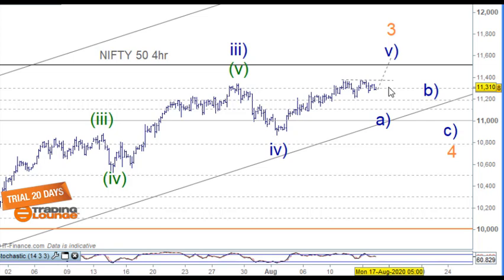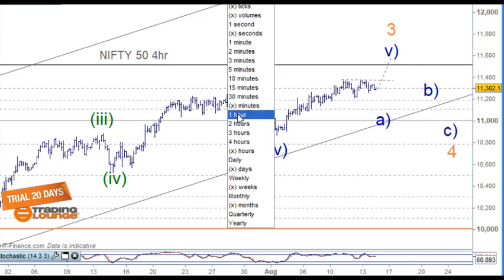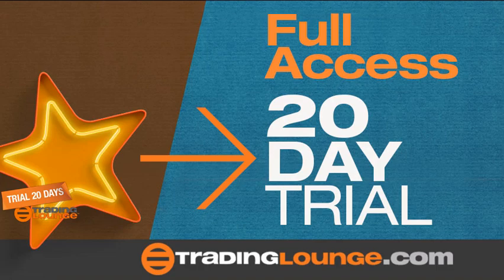So if you know your trading levels, if you don't know trading levels, then go to Trading Lounge. If you remember, you can get the full course there, but otherwise there should be something on the front website there. But getting support on top of number 3 here, getting a nice tested support there, and then making a new high here normally takes us to the next level, which is 5 here. So from that point, I'll just go into the hourly chart